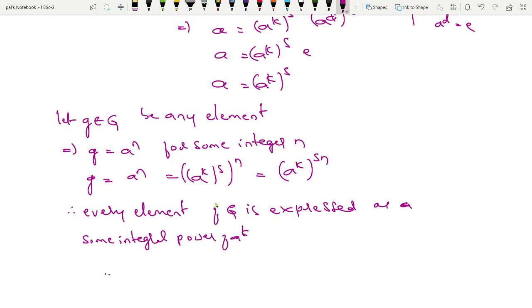So we can consider a power k as a generator. Therefore a power k is also a generator of